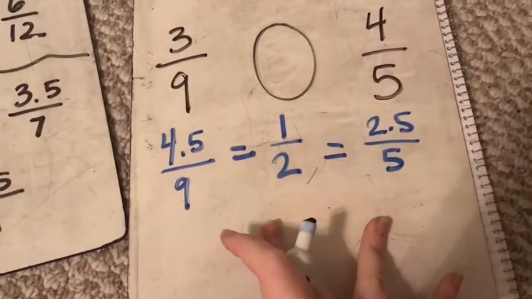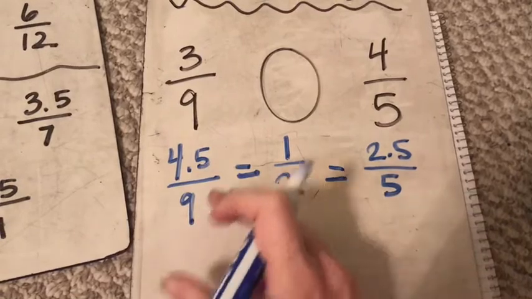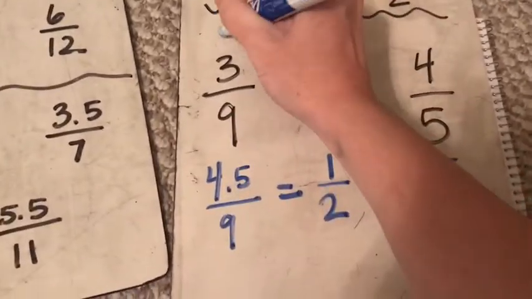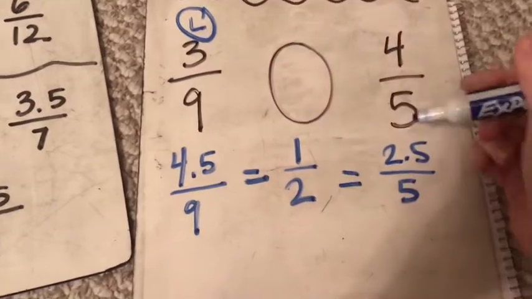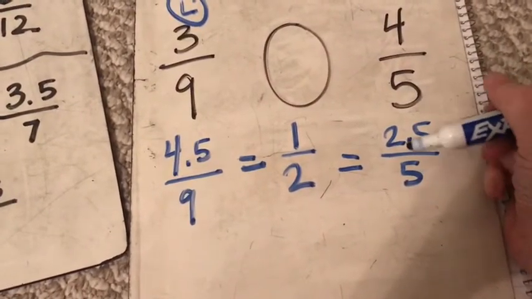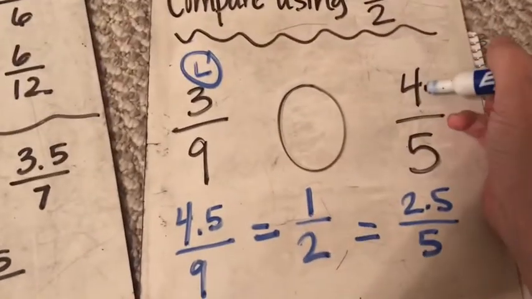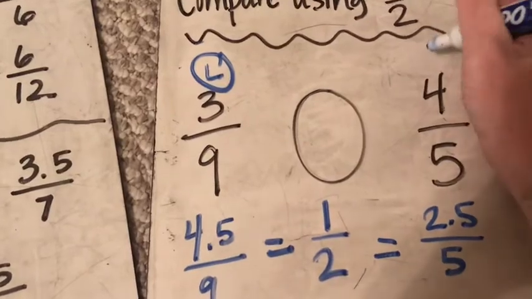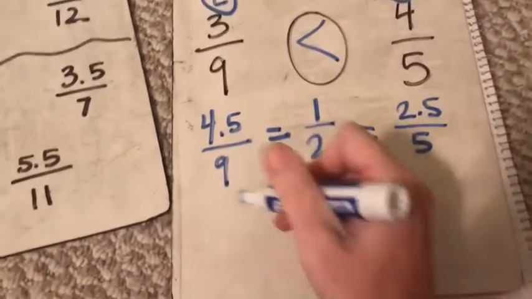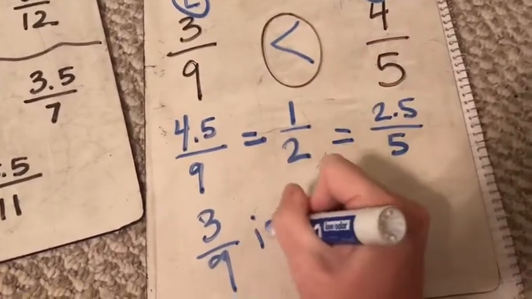Alright, so let's take a look here. If I know that 4 1/2 is half of 9, then if I only have 3, obviously that's going to be less than half. If I know 2 1/2 is half of 5, or you can even think money, $2.50 is half of $5, but I have 4 out of $5, that's greater than half, right? So here I can see that 3/9 is less than